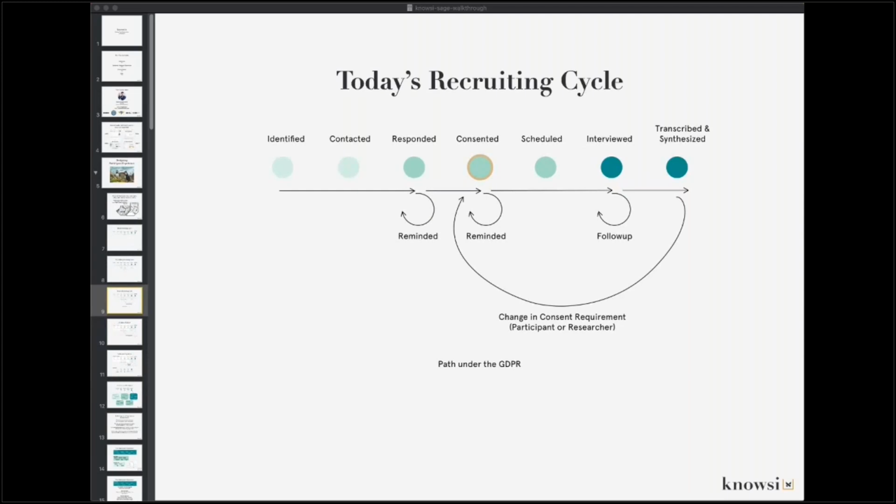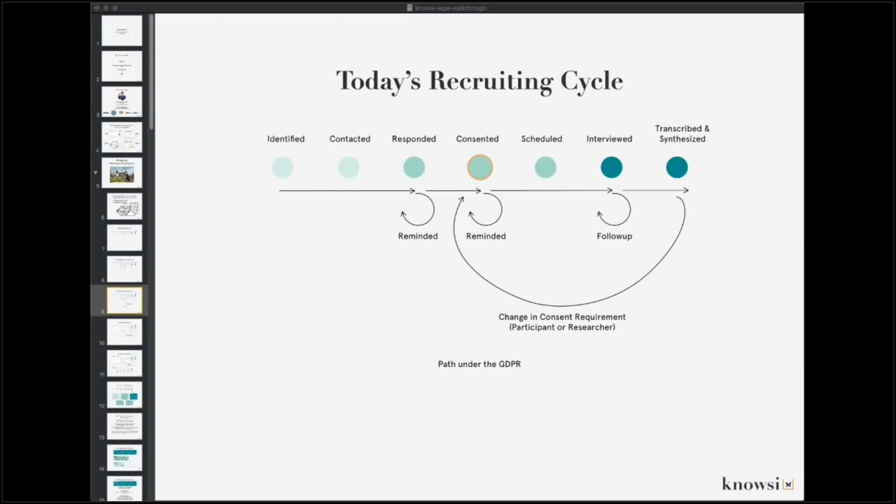So today's recruiting cycle is another fun process where we also have to explicitly take into account some of the concerns around changing consent requirements as they relate to the GDPR and different national and regional privacy legislation.